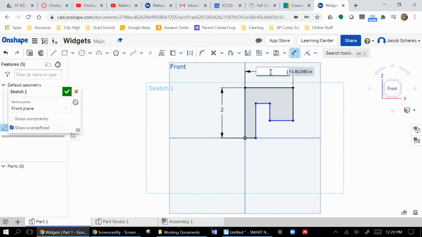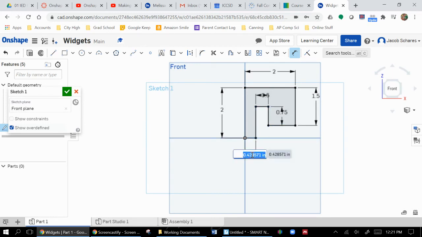Oh, that's also 2 inches. Maybe this one's 1.5. Maybe this one's only supposed to be 0.75. Maybe this one's supposed to be 0.5. And I don't know, we'll make that one 0.25. And you see, now we've gotten rid of all of our blue. There's nothing left in there